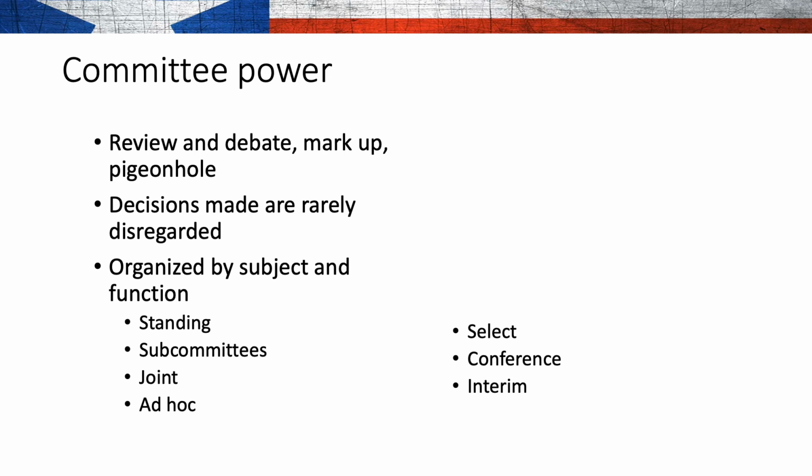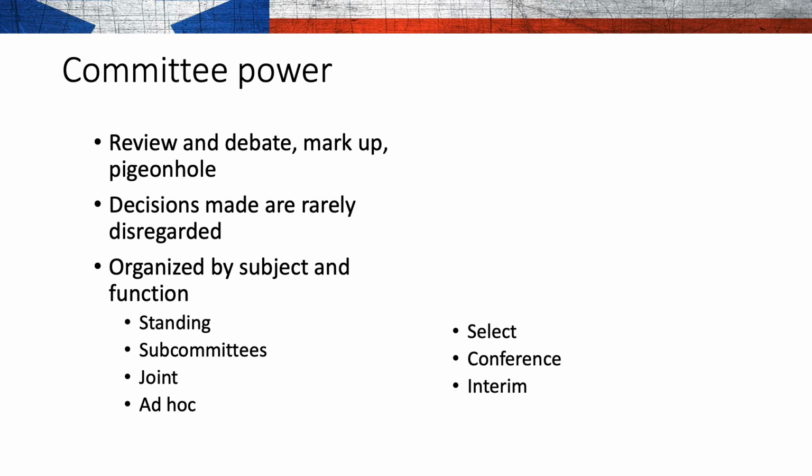The committee's decisions are rarely disregarded, because the people that are put on the committee have some sort of inside knowledge, specialized knowledge. They're there for a reason, and the committees are very specific. So it's not like you're getting a whole bunch of farmers deciding an education bill or a bunch of educators deciding a farm bill. Usually people that have a background or have a constituency with a strong farming impact will be put on a farming committee, and same with education.